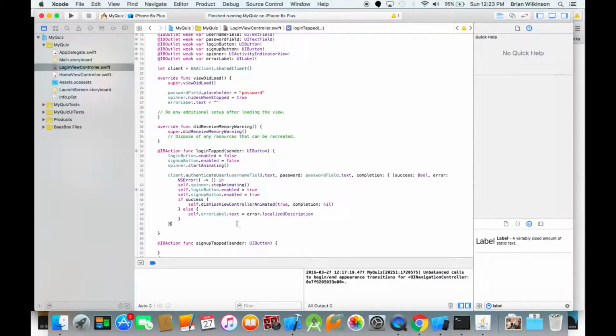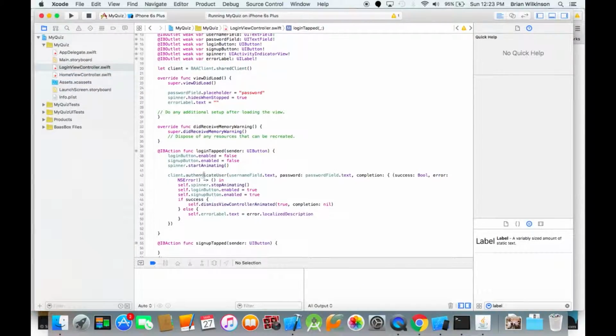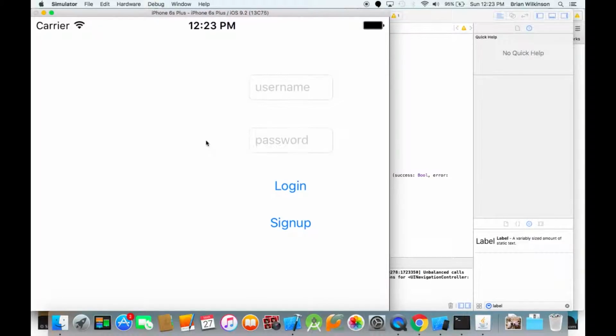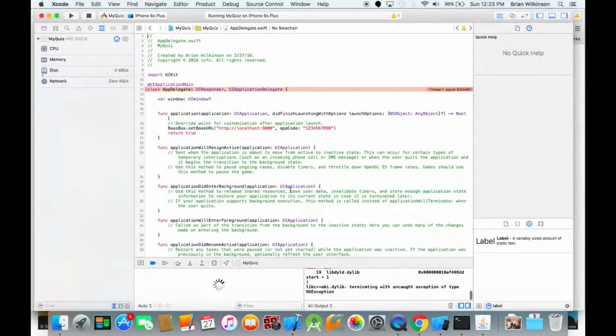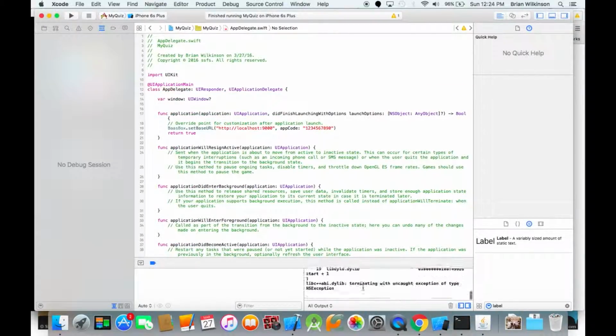Well, let's go ahead and see if that works. Let's run this. So I'm going to go ahead and type a username. Let's call it default. And I'll give it the password, and I'll click login. And if I go back and look at this error,